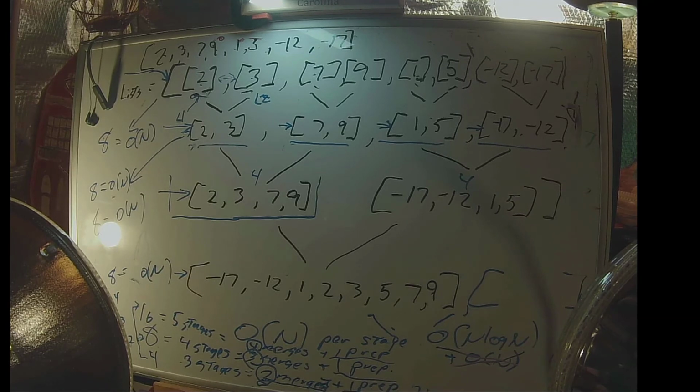Okay, and here's the question. What if it's a list with an odd number of items? Turns out it doesn't matter. This is an upper bound. There's somebody here that said you could add a 0 to the list to make an even number of items, go through the whole process, and then remove the zeros. Yeah, you could do that, but it turns out it doesn't really matter, because all that ends up happening is